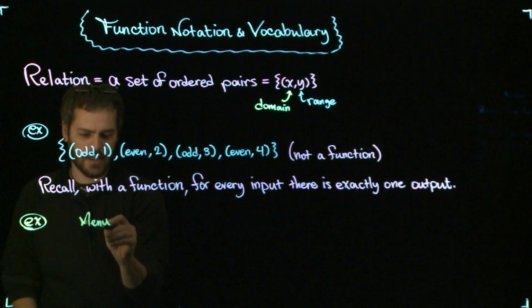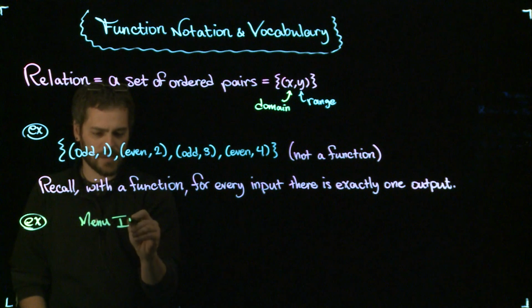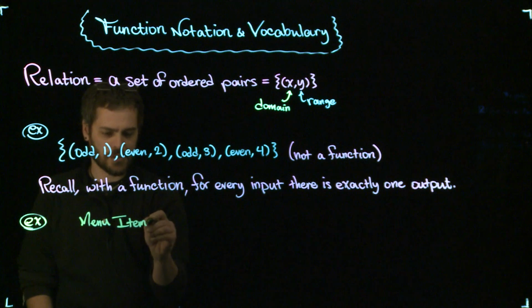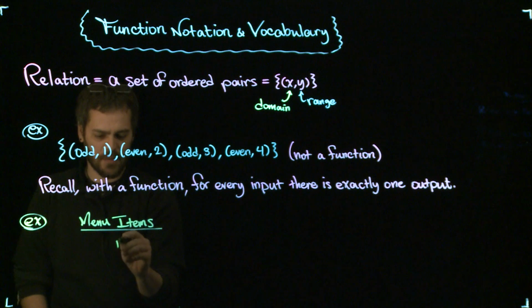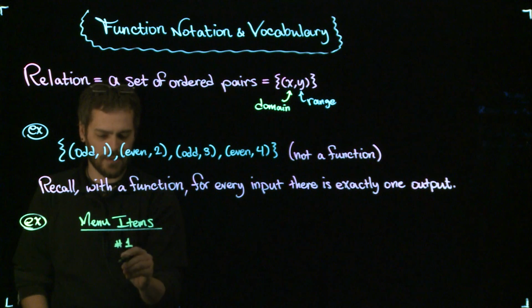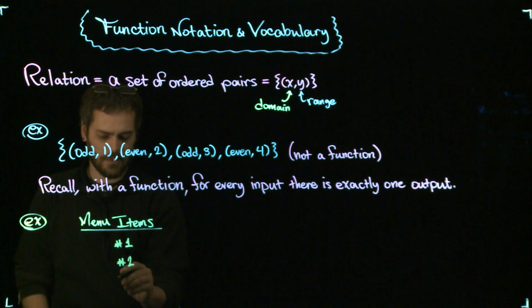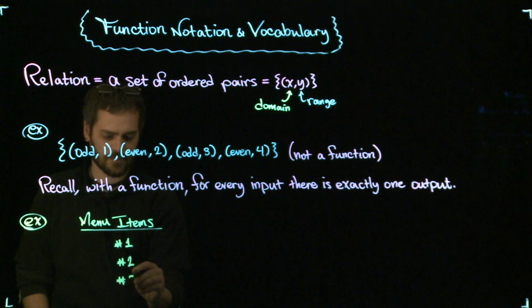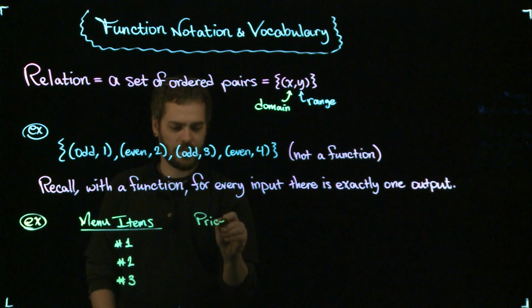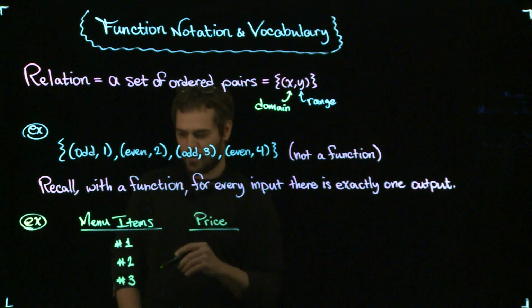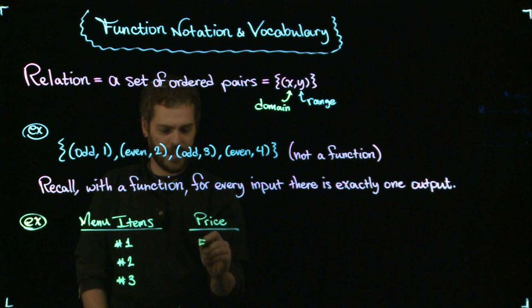Okay, we're just looking at a menu for some restaurant or whatever. And instead of putting the same thing that they put, I'm just going to put item number 1 and item number 2, okay? Item number 3. We'll put 3 of them. And then over here I have a price section. And let's just make up a couple prices. I don't know, $5.89